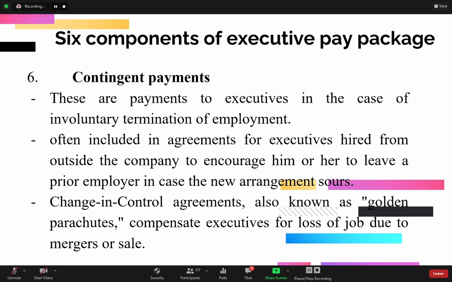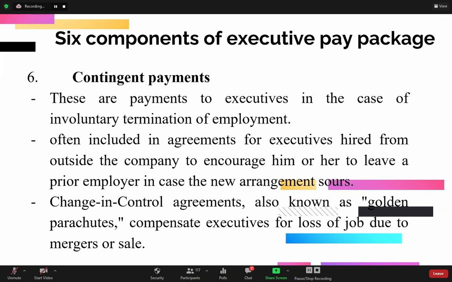And finally, we have contingent payments. These are payments usually given to executives in case there is involuntary termination of their employment. And these contingent payments are usually included in the employment agreements of executives hired from outside the company, in order to encourage them to leave their previous employer in case the new arrangement sours. Under the contingent payments, you also have change in control agreements, which are also known as golden parachutes,